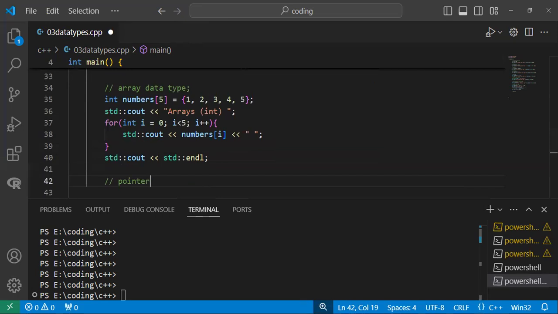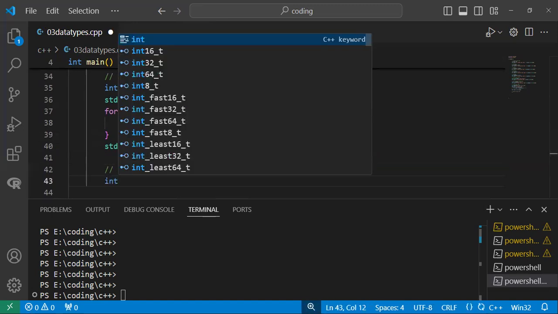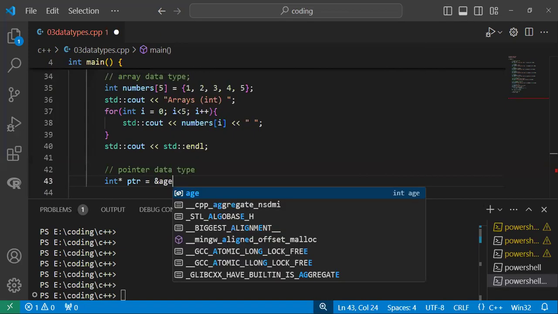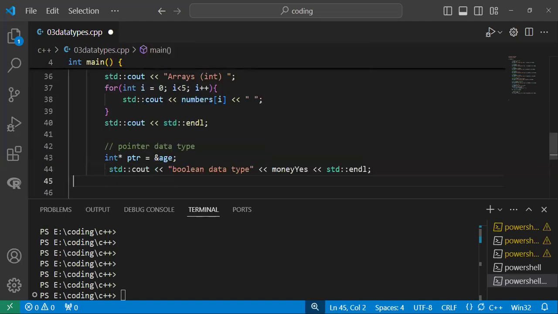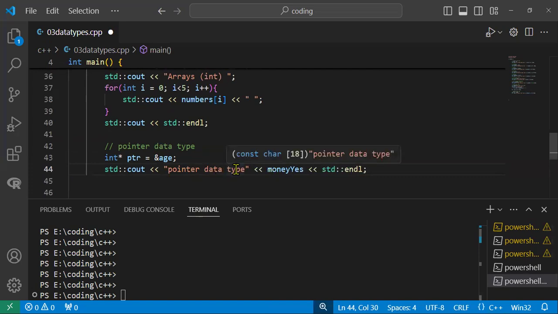Now the final one is the pointer data type. The comment is pointer data type and an int. Then we have the ptr. So again, let me copy this and paste std::cout, and this one is the pointer. I'm not sure about this one, so we will see at the very end. Pointer data type and do this